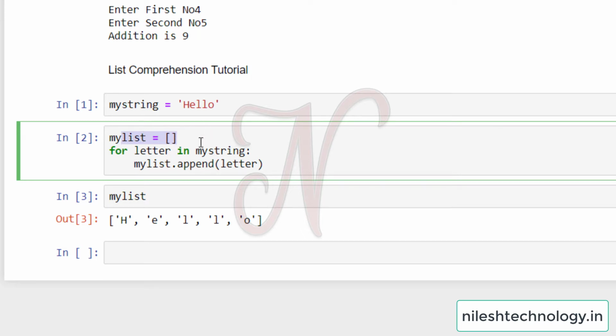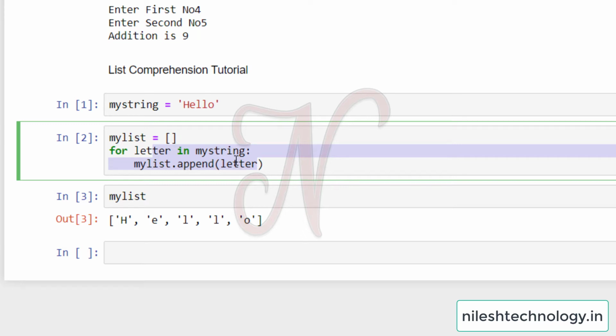Next iteration e, then e is appended, then my list is h e. Next time h e l, then h e l l, then h e l l o. So by using this way all the characters are appended to this list and I converted the string into a separate character list.